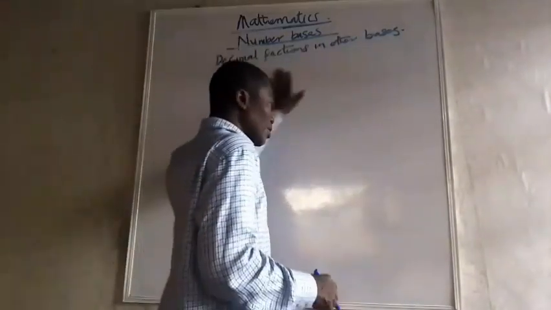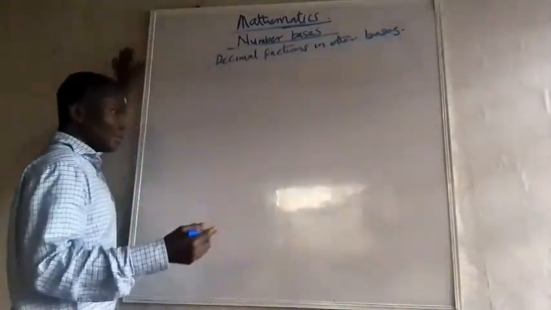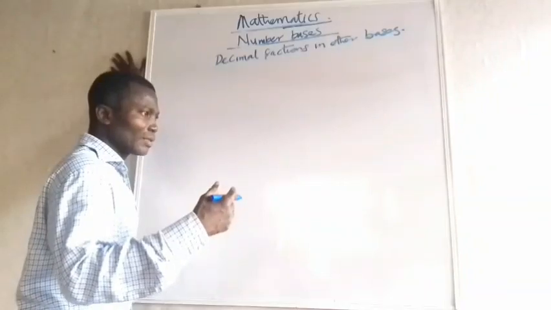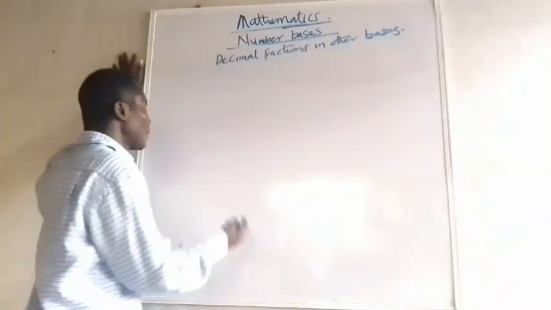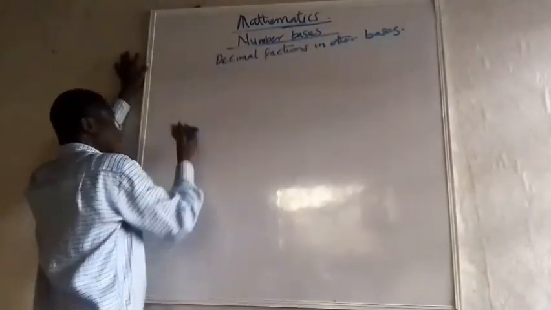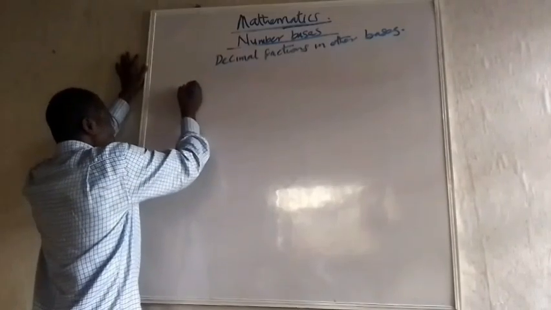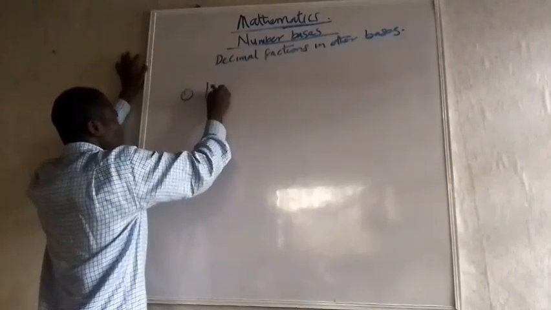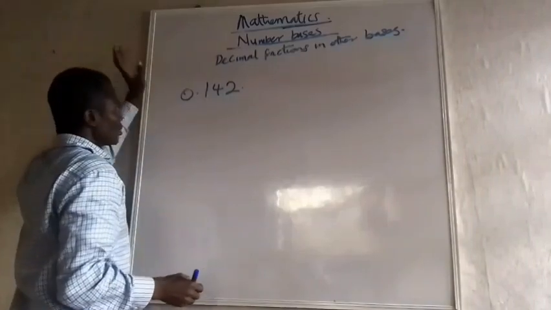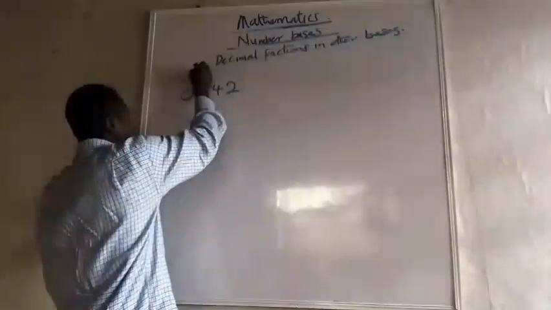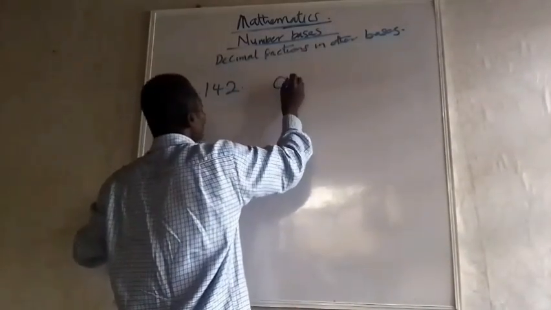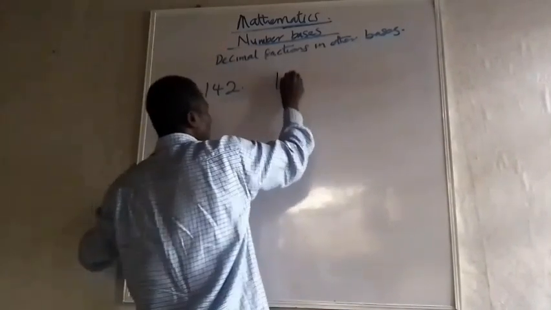Decimal fractions in other number bases. Normally, in our general system, base 10, if you have something like 0.142, you know this one is going to be tenths. So we are going to have 1/10,